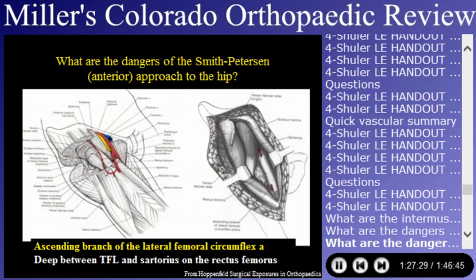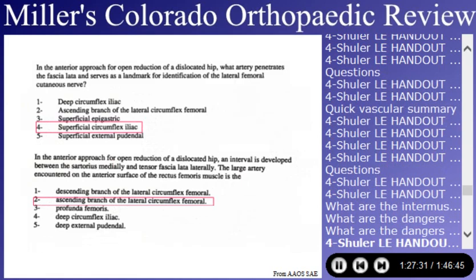So test questions on the blood supply in that area. Anterior approach, open reduction, dislocated hip. What artery penetrates the fascia lata and serves as a landmark for identification of the lateral femoral cutaneous nerve? Superficial circumflex iliac. Anterior approach, open reduction, dislocated hip. Intervals develop between the sartorius and tensor fasciae latae. Large artery encountered on the anterior surface of the rectus femoris is the ascending branch of the lateral femoral circumflex, the one you